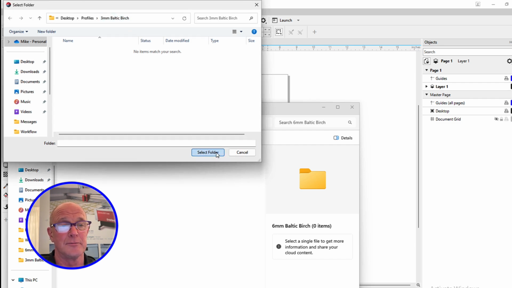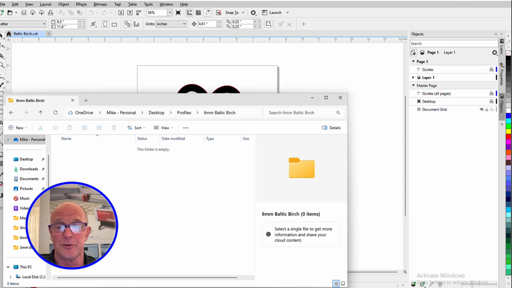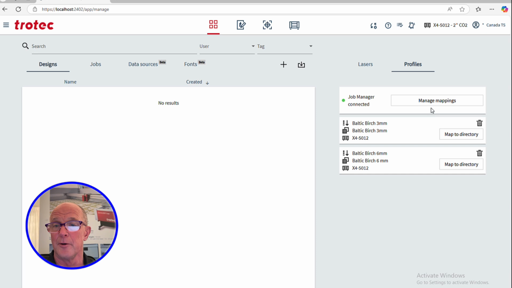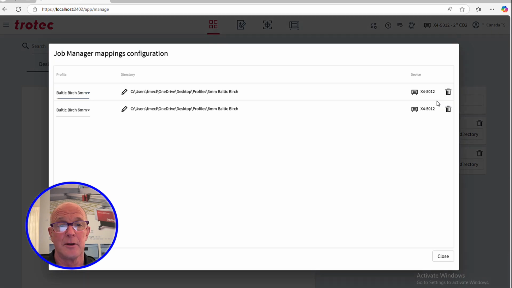Say select folder. And if I go back to Ruby, if I go to manage mappings, you'll notice now that I've got 3mm working with that 3mm Baltic Birch folder, and it's working on the Speedy 400. So I got 2 profiles. One goes to the 6mm folder, one goes to the 3mm folder. All I need to do now is say close,